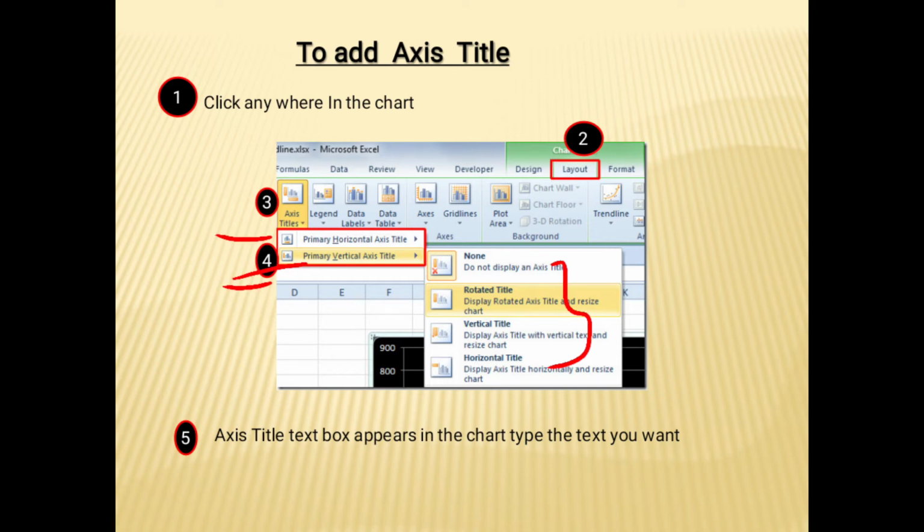Then click the option that you want. Next step is, at that time the axis title text box appears in the chart, then you type the text that you want. If you want to remove an axis title, as usual you click the axis title, then click the none option.